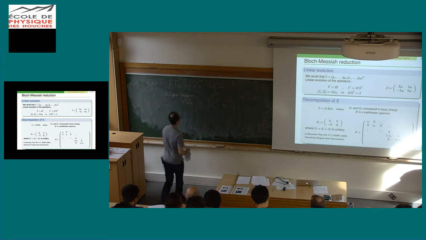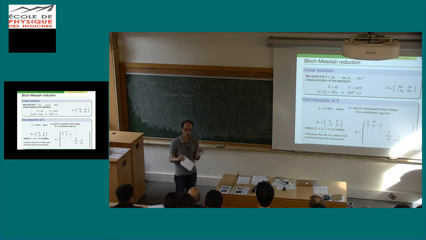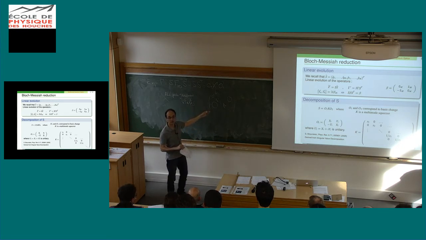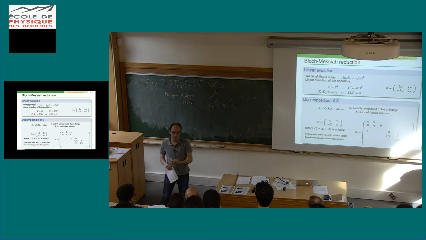So this tells you two things. First, if you do an experiment and you want to generate a given Gaussian state, this tells you a way to do it experimentally. You take squeezers and you implement this basis change. And just after that, I will show you how people have done that.